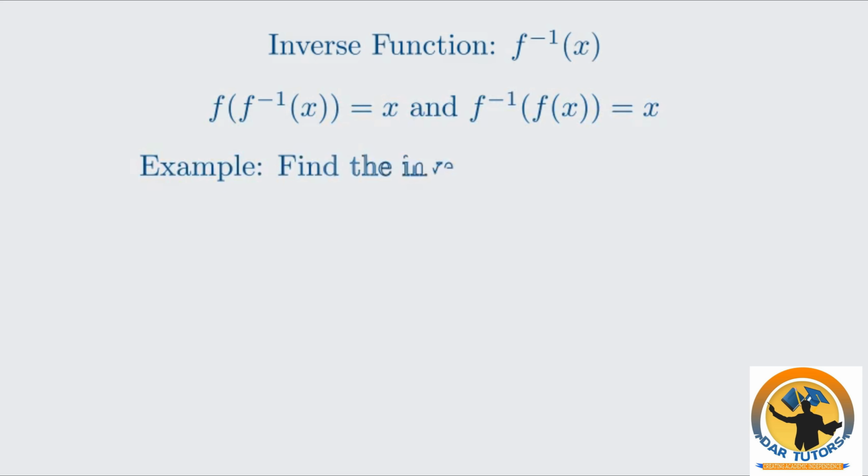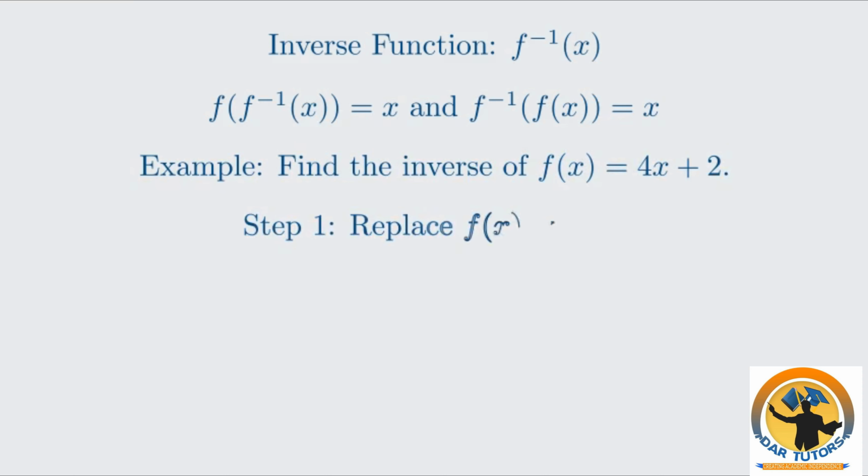Consider the function f of x equals 4x plus 2. The standard method involves a few steps. First, we replace f of x with y. So our equation becomes y equals 4x plus 2. Next, we swap the variables x and y. This is the crucial step that represents the undoing action of the inverse. Our new equation is x equals